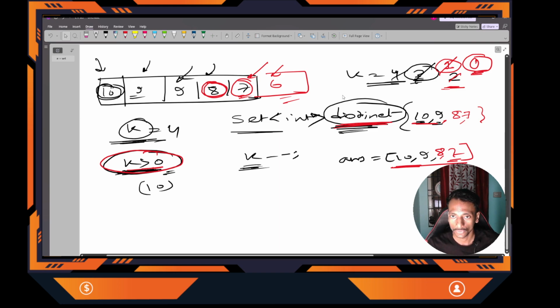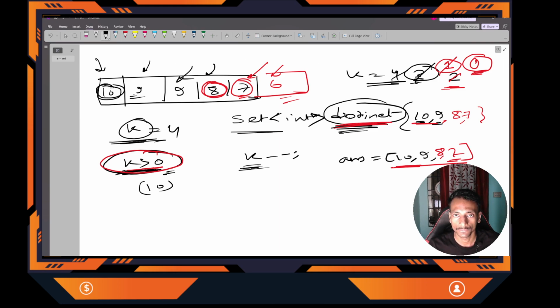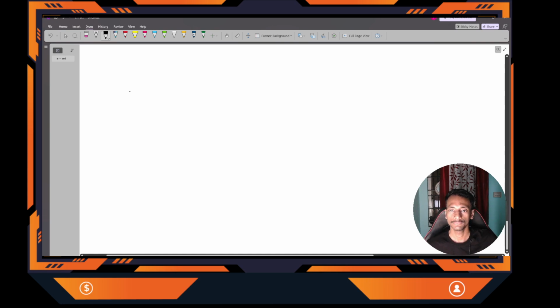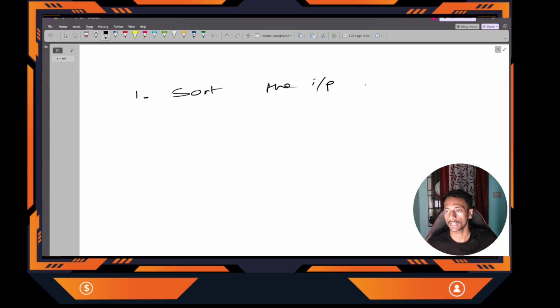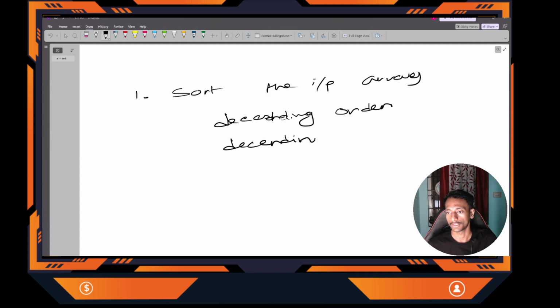Clear? So how can we actually solve this? So first of all, sort the input array in descending order. Got it? Now traverse from left to right,